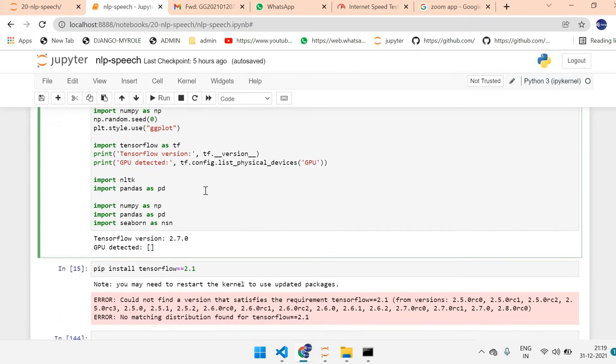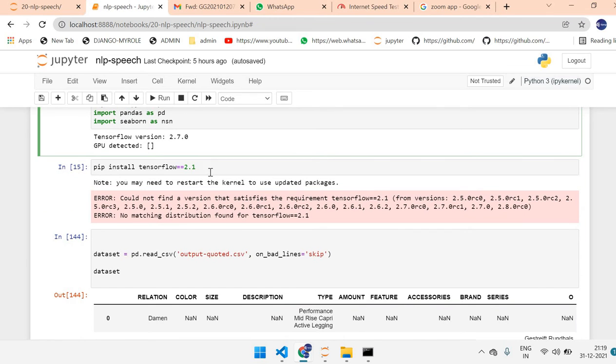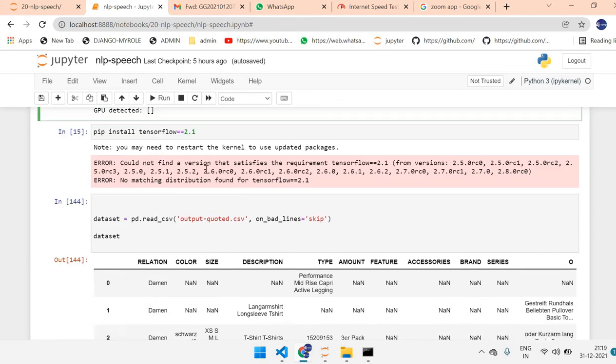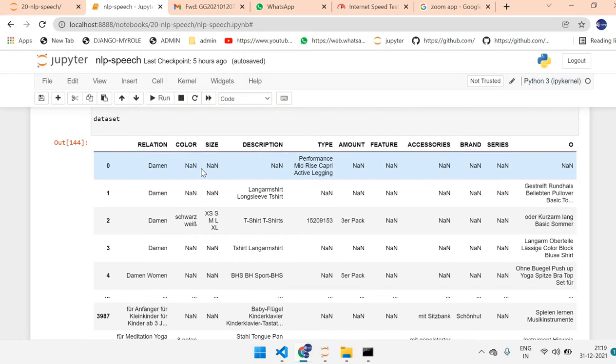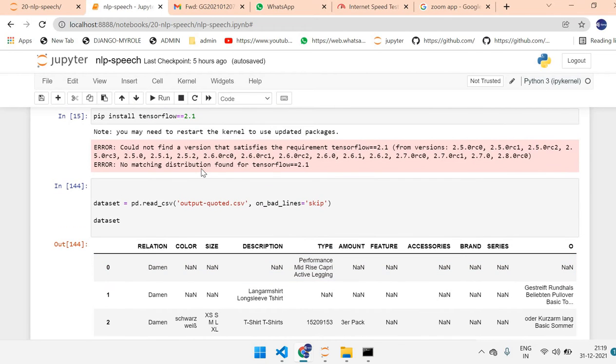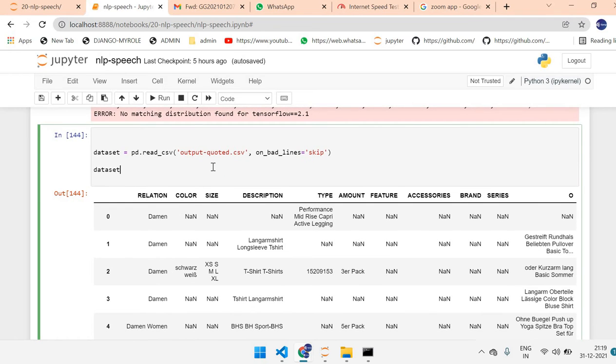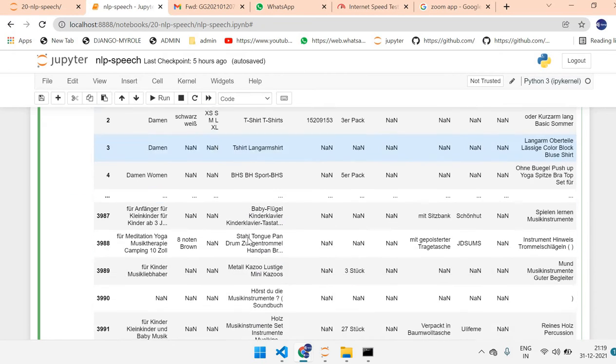First we have to import the packages. Why is it important? Without third party libraries, we can't get the data, right? After that we have to install TensorFlow. TensorFlow is used for the data kernel process, so that's why I'm using this one. Once you upload your database, you can get the output in this format.